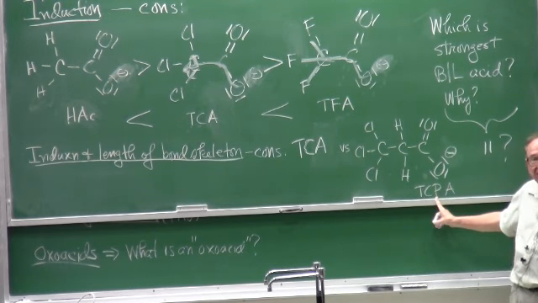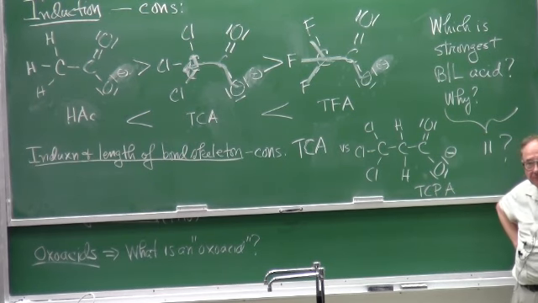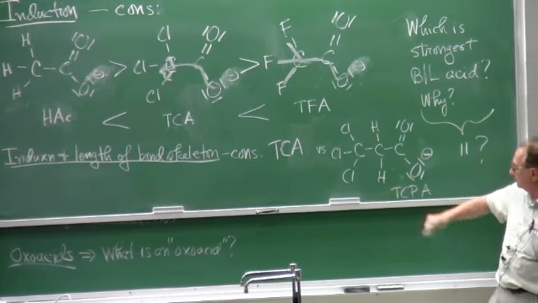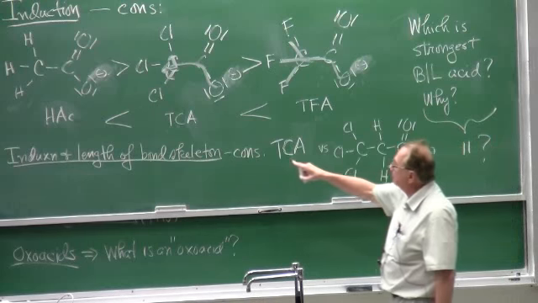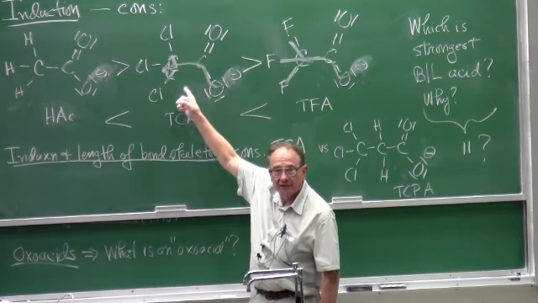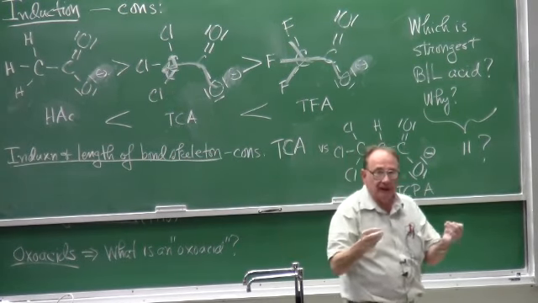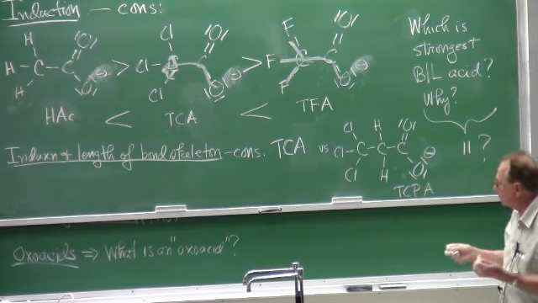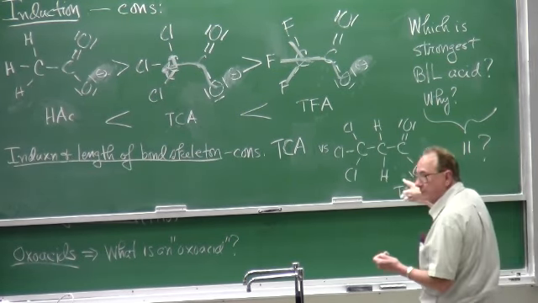I really only put this up here to give it a label. Which will be the more stable base? This or this, if the ability to stabilize negative charge density by chlorine atom induction is the same for each,